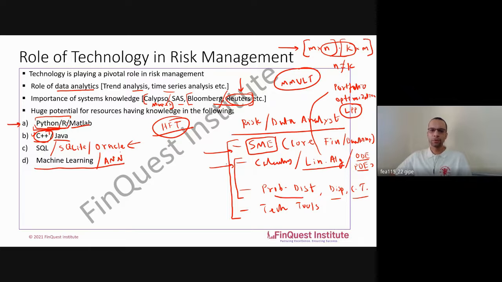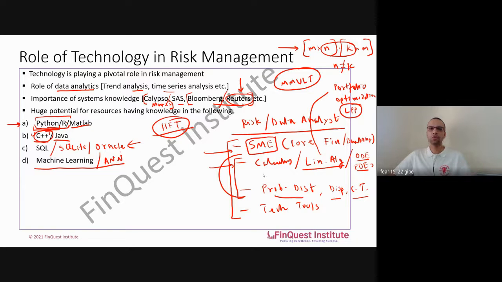For those of you who come from a pure math background, is anyone from a pure math background in this class? Okay. What I would suggest is don't study these things from a pure math perspective, because if you do that, it will be a very intense exercise and you may get bored and put the book down and never refer to it again. So avoid doing that. Try to relate it from an application perspective so that it makes things interesting. That's what we try to do along the course as well.